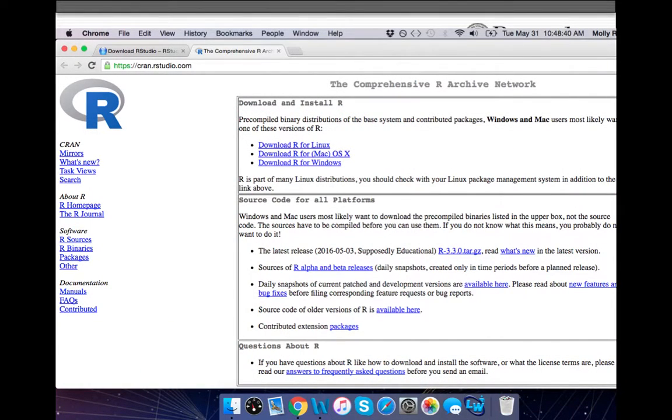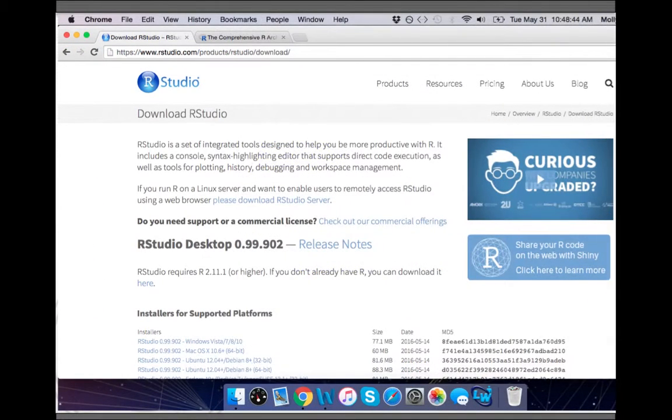First, you'll need to download both R and RStudio. Download and install R first from cran.rstudio.com. The screen should look similar to this, and you'll select the version for your operating system. After you follow the instructions on the download manager for R, you should download RStudio from rstudio.com/products/rstudio/download. Or you can type RStudio into Google, and this link should be one of the first few results that